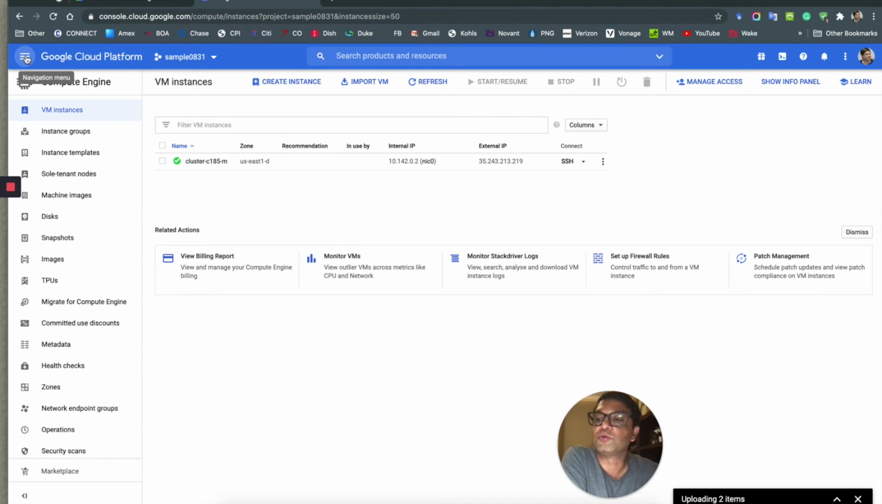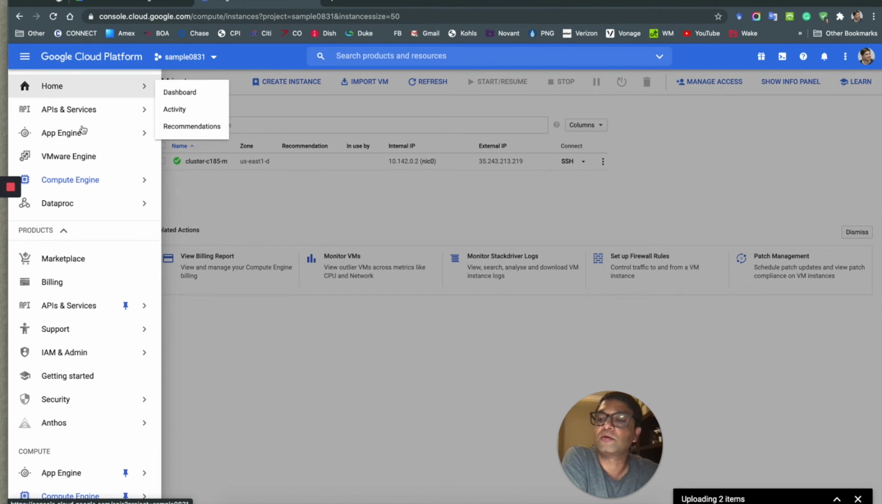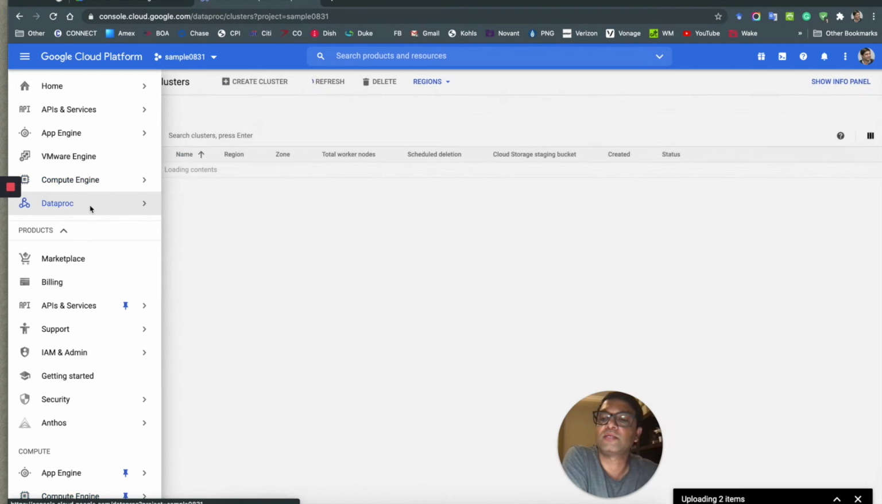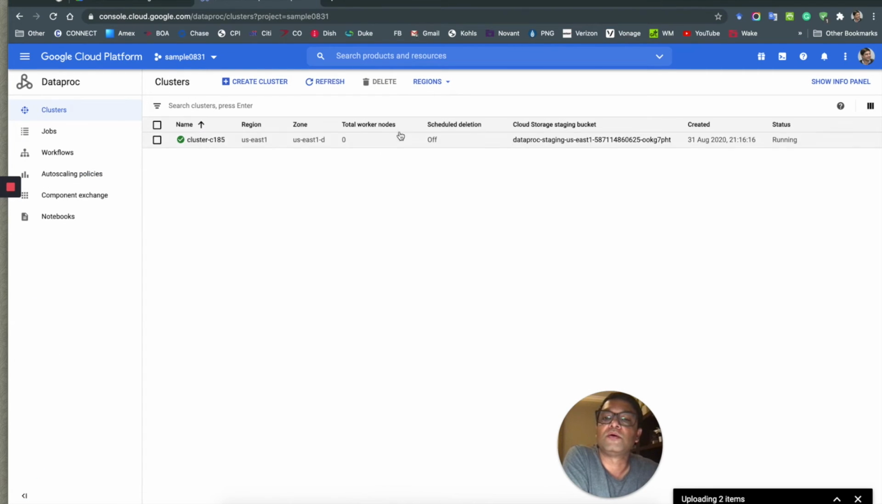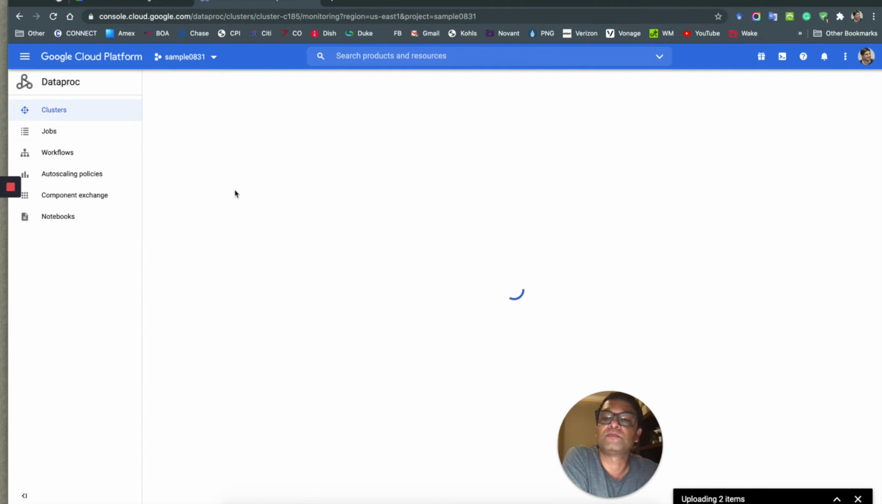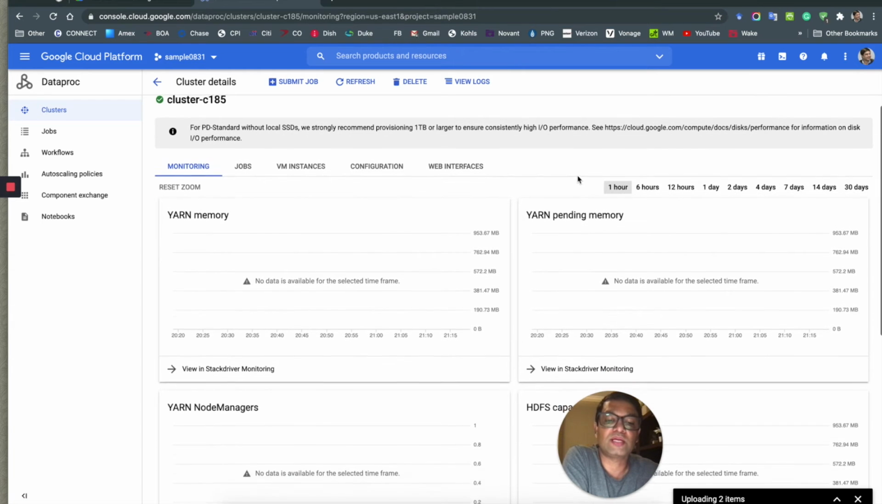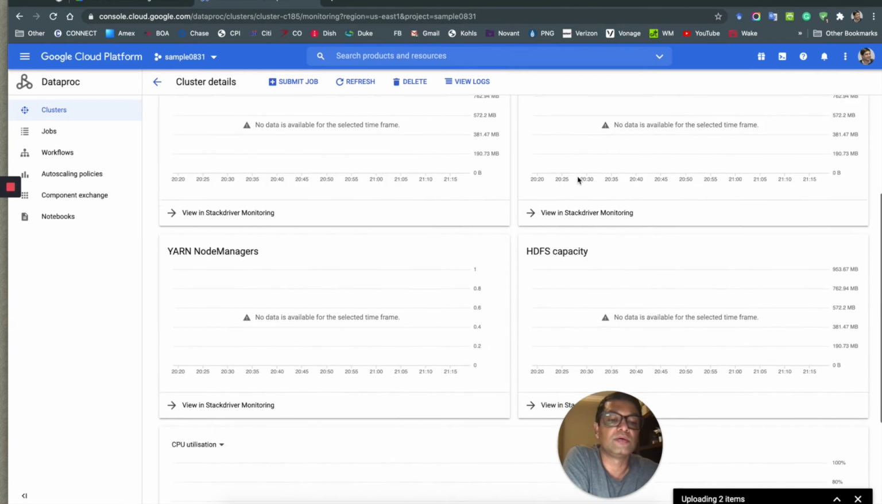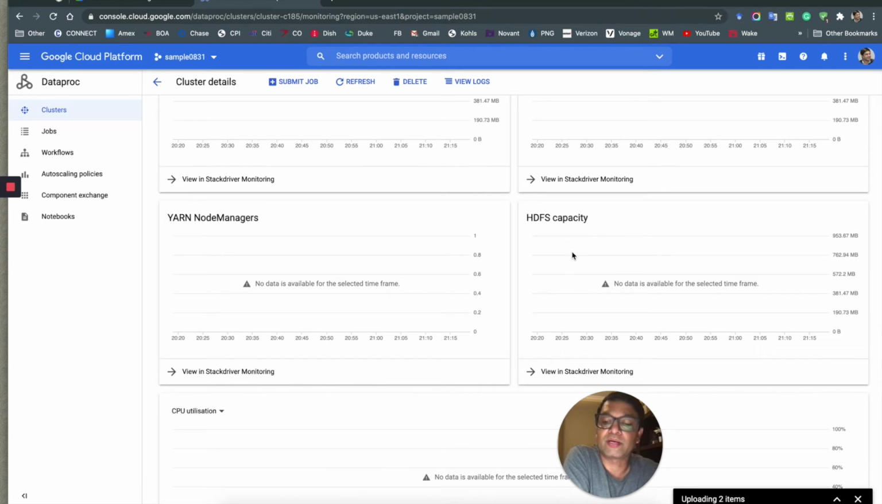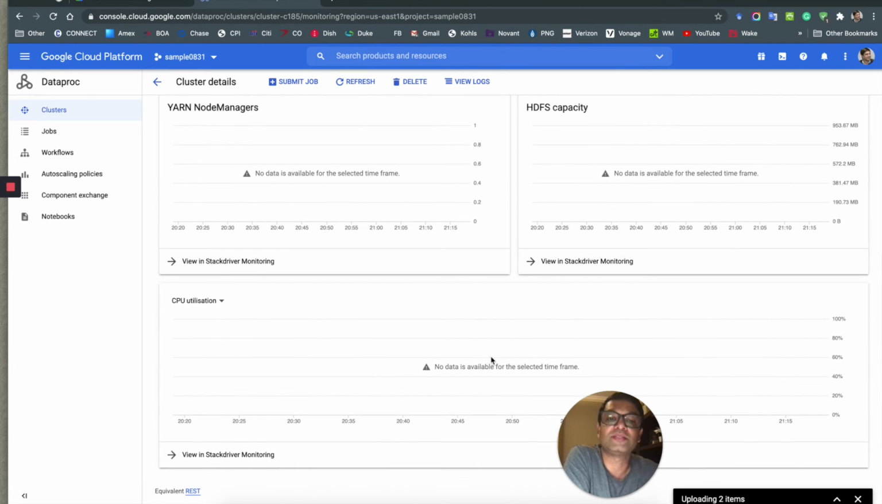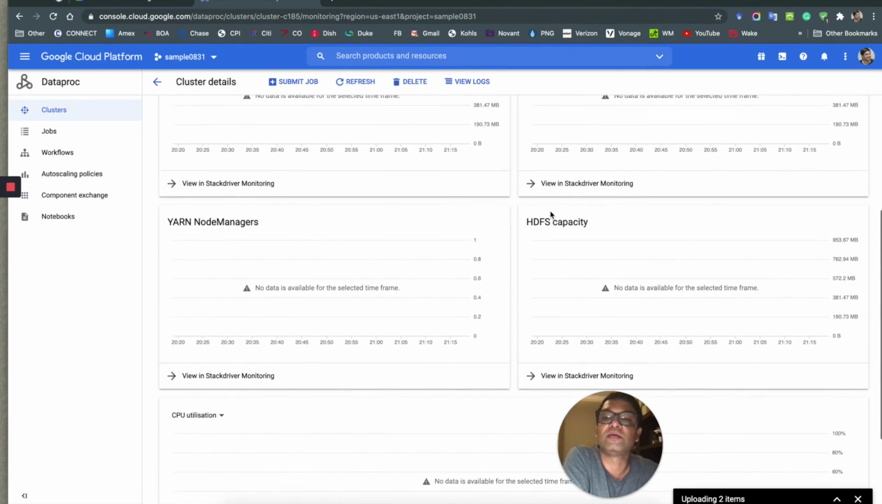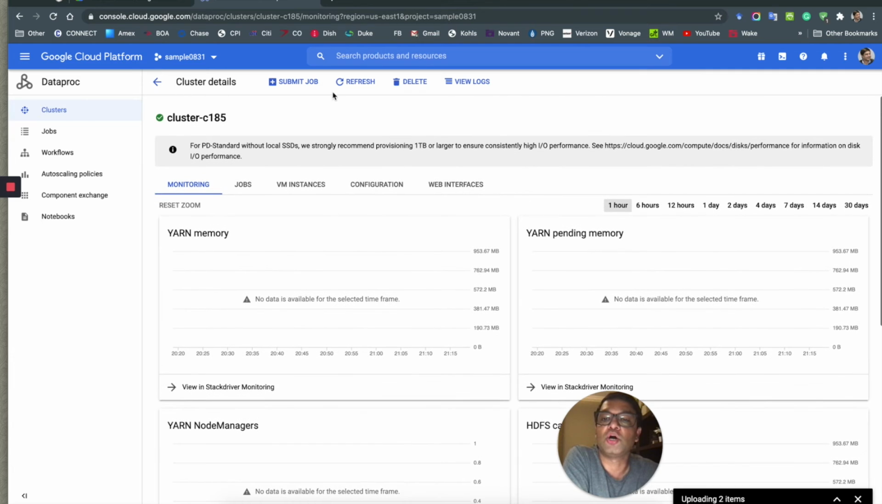So we are going to go back to Dataproc. I have it over here, so I'm going to click on that, or you can just search Dataproc over here. I'm going to click the cluster, and this is the screen that shows what the cluster is doing, what the CPU utilization is, and everything. So we are going to submit a job,